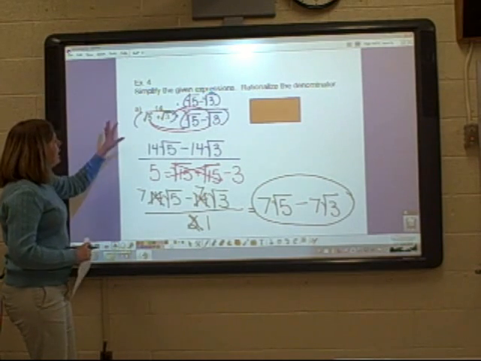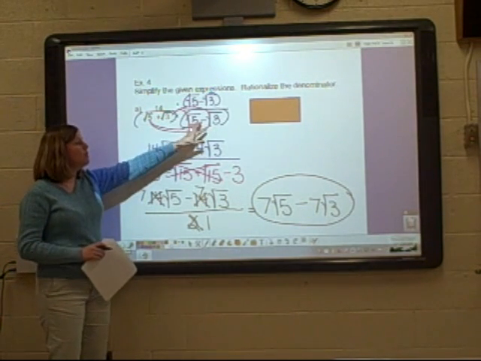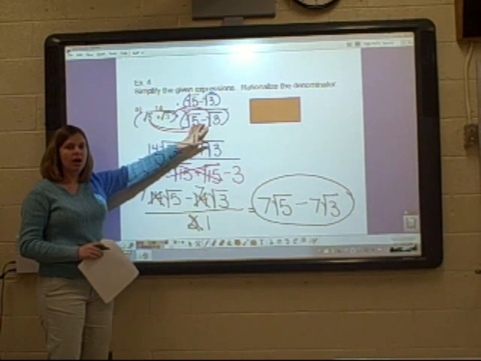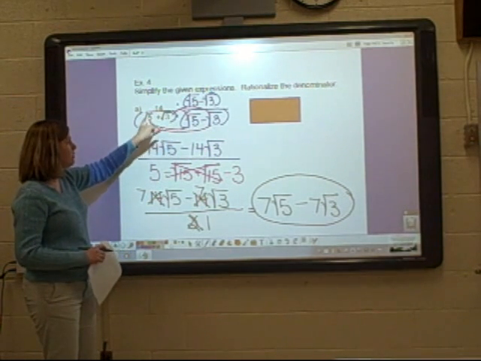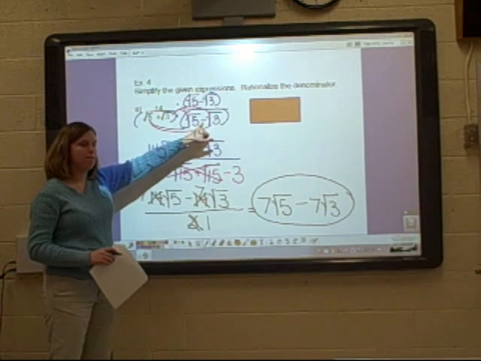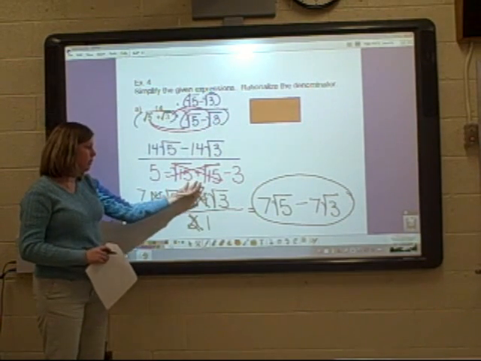And in example 4, our denominator looked a little different, and we did rationalize it by using the conjugate, which is the opposite sign. So I used the square root of 5 minus the square root of 3, which we FOILed and got rid of our square roots and ended up with our